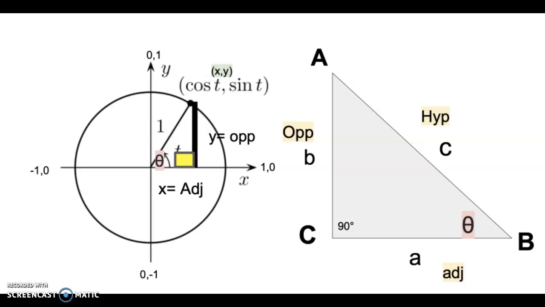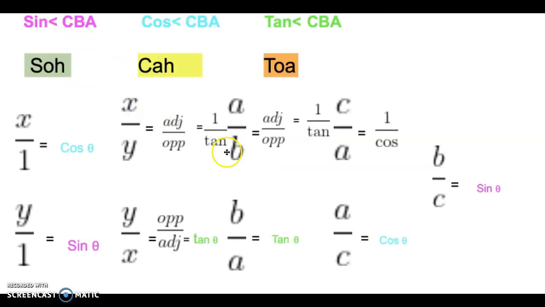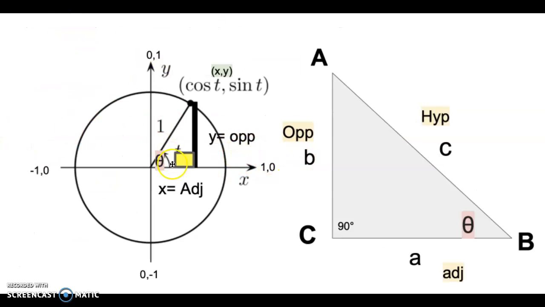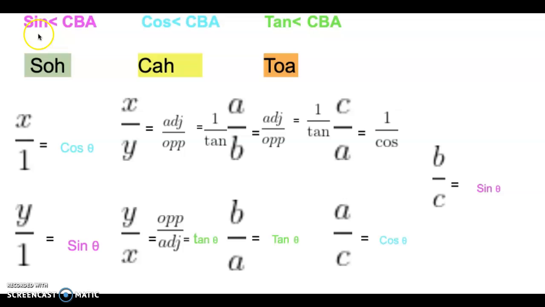To begin, I want to give you an overview of the concepts that we will be using today, just to give you a little sneak peek of what we're solving. So here we have some ratios that correspond with the two diagrams that we have here, the unit circle and the right triangle essentially. We have concepts such as sine, cosine, tangent, and to refresh your memory of what they mean, we have the SOHCAHTOA abbreviations, which are